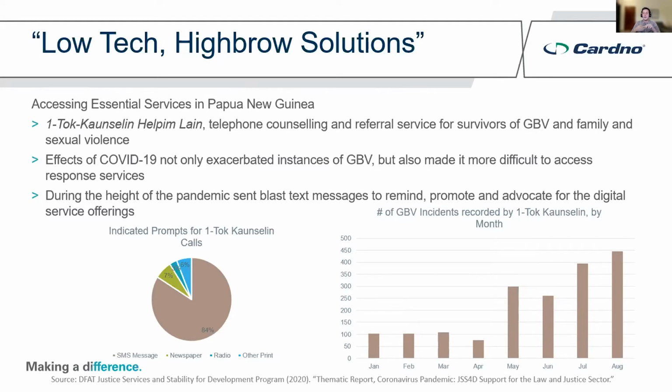print media. And what One Talk did, in order to understand the effectiveness of sending out these blast SMS and multi-modes of communication, is they asked those that were calling in for the GBV services what prompted their call. And you can see by the pie graph, over 84% of the callers indicated that they were calling because of that SMS blast message. So a very significant amount of people were being reached by that digital solution, that fairly basic low-tech solution of SMS messages. And the remaining was much more on that traditional